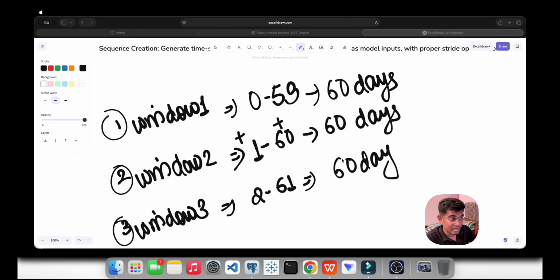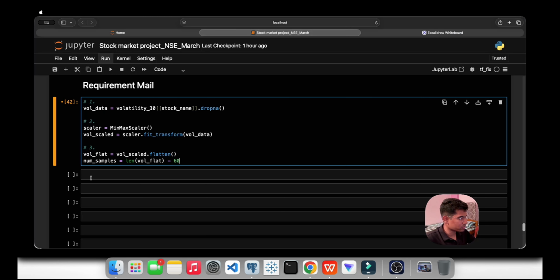That's what we are doing. You see the length, I have given length. Length means it will create a window. It will take the length of the 1D array and keep it for the samples. And why have I written num samples? This is for the sample size of 60 days. That's it, simple. Right now we will write for X volume and Y volume, and then we will go with the flow. Let's move to the whiteboard.